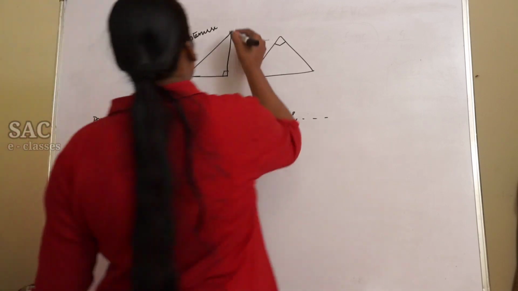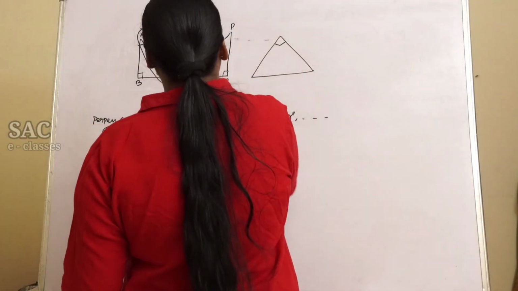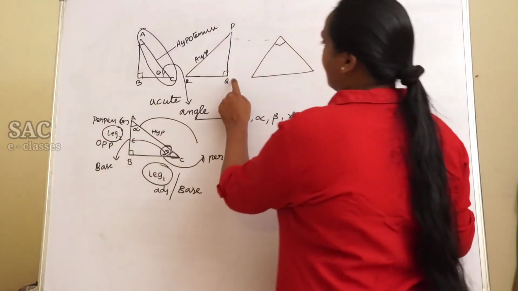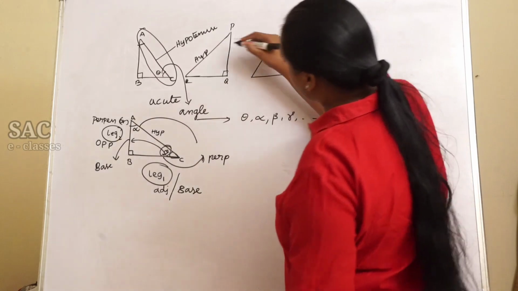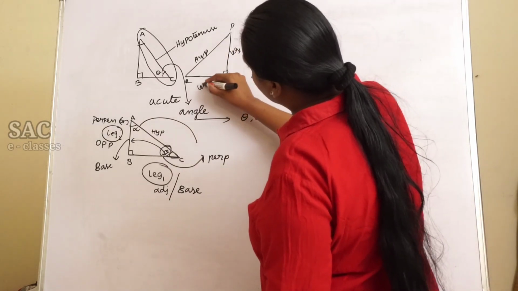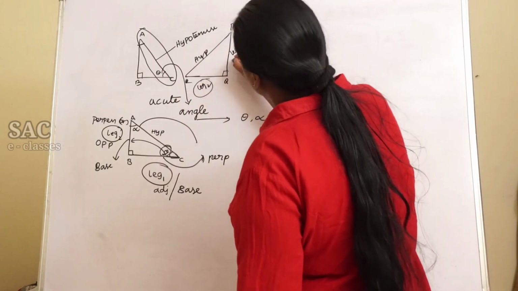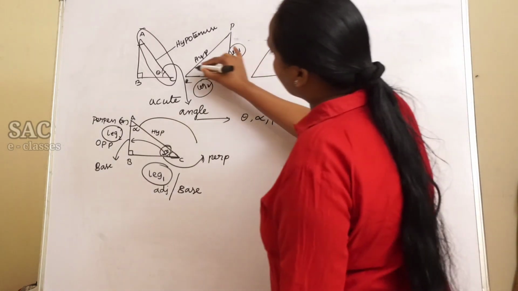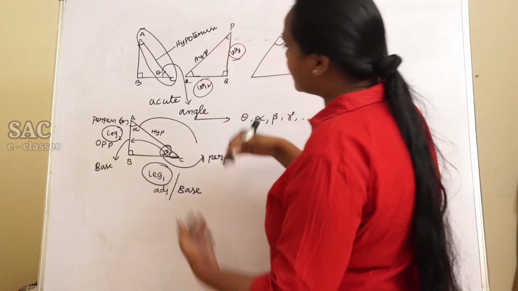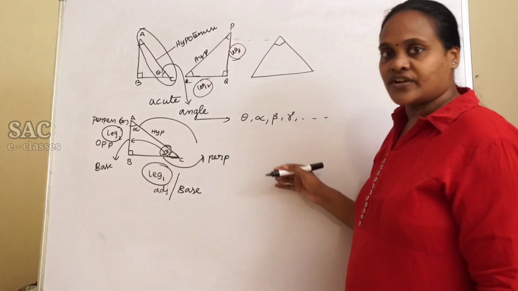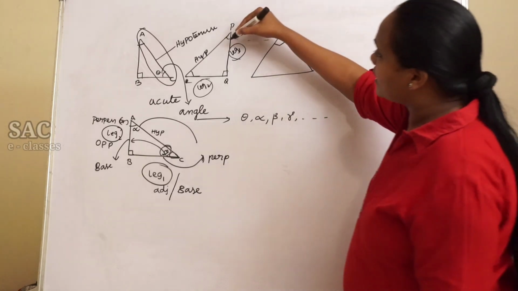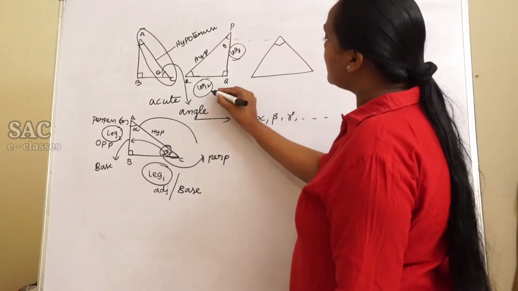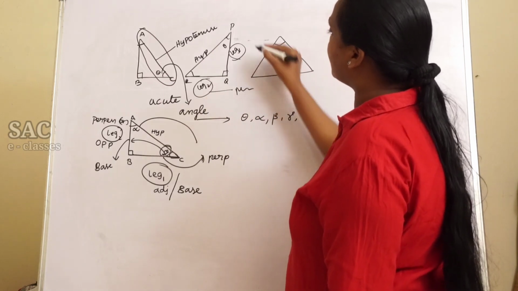Now coming to the triangle PQR, obviously PR is the hypotenuse because it is opposite to the right angle. The rest of the two are called leg 1 and leg 2. But which is the perpendicular and which is the base, usually depends on the acute angle which we consider, nothing but the angle of reference. Now if I consider this as the angle theta, leg 2 is called the perpendicular where leg 1